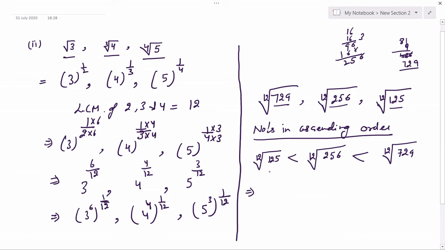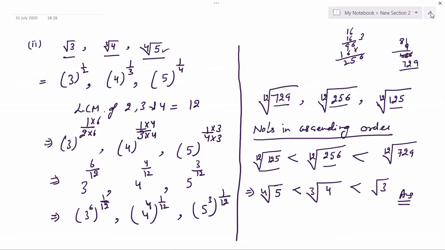Now you can arrange them according to the original numbers. This is representing this last number. So this is 4. The middle one, you can compare with the original number, and the last one is this. You can see this number is represented by this number in the original numbers. This is represented by the middle number and the last one is represented by the first number, right? This is the ascending order of the given numbers. I hope you understand this question also.